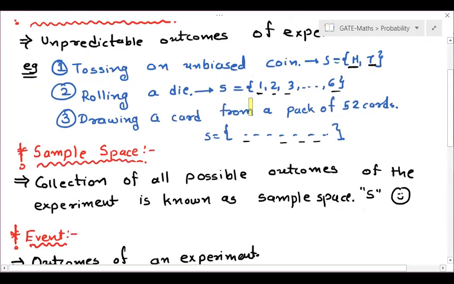Suppose you are rolling a die 6,000 times or 600 times. From these 600, 1 should come 100 times, 2 should come 100 times, 3, 4, 5 and 6 should each come 100 times. Plus or minus 1 variation you can have. Suppose from 100, one number comes 99 times and another number comes 101 times, that is okay. That is your practical result. All this is your theoretical approach to probability, not your practical approach.